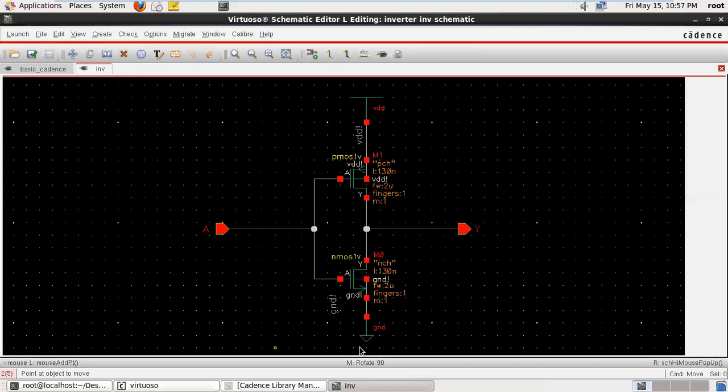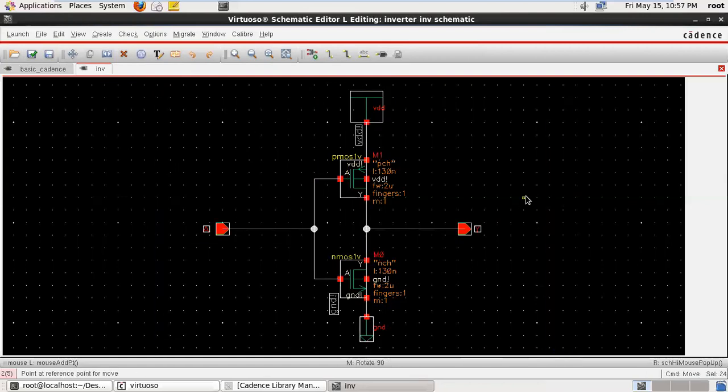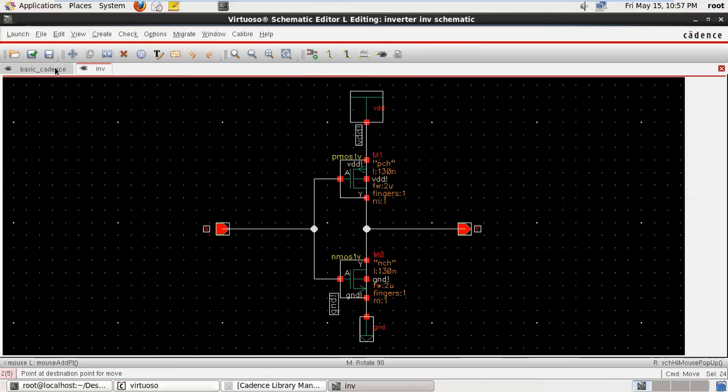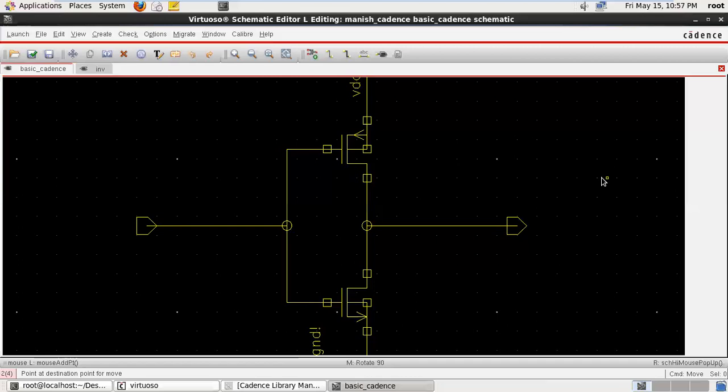Suppose we want to move this schematic from this cell view inverter to basic inverter. Just press Move, select the schematic, and press anywhere in the schematic window. Now it is active. Just go to basic_Cadence and click here.